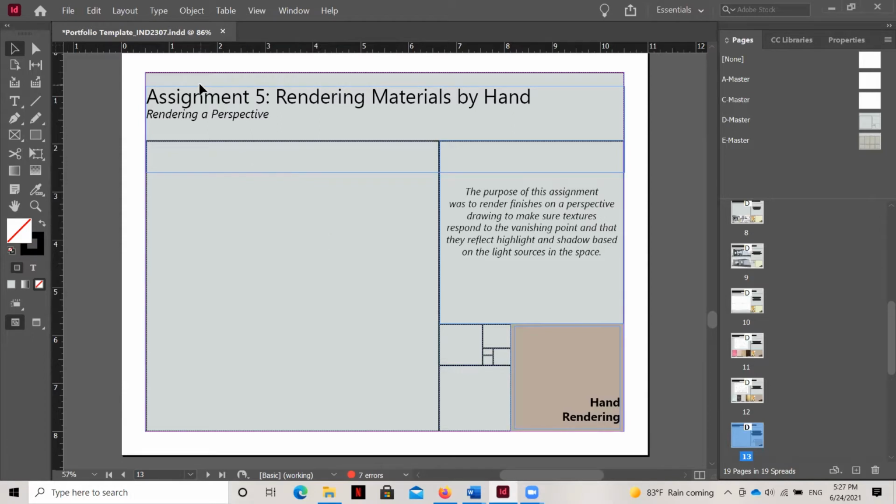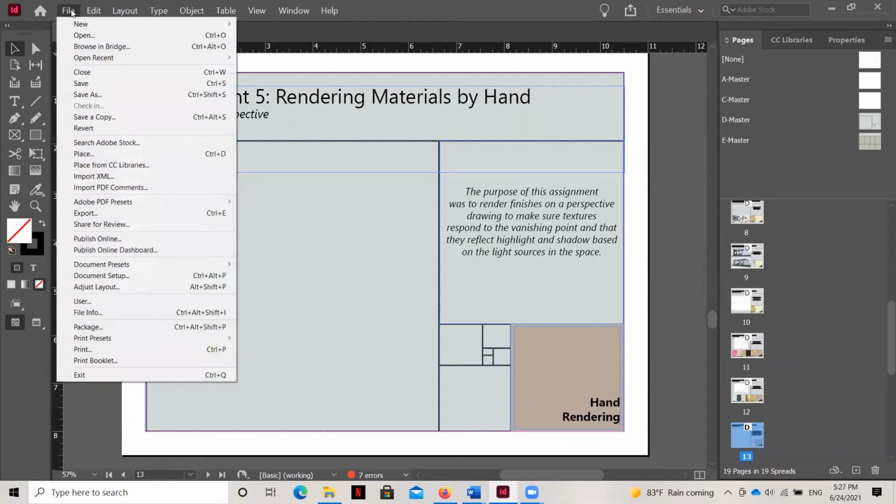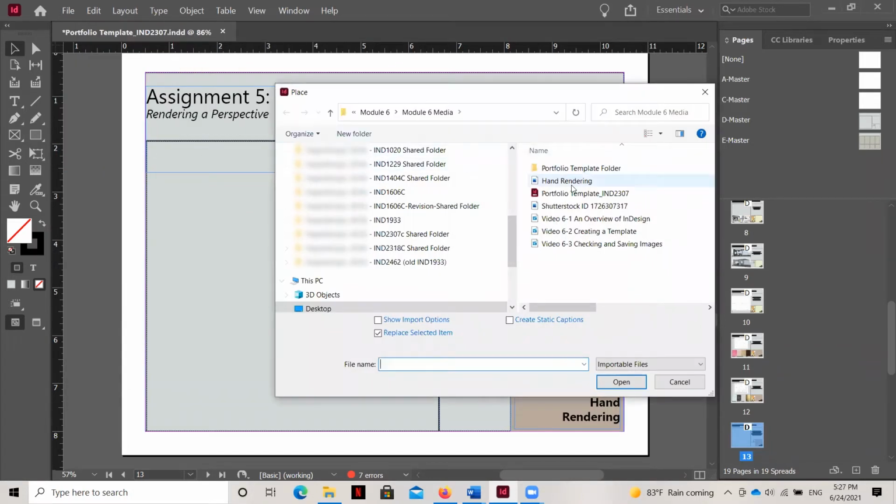So in InDesign, there's a couple of ways you can do it. The first is you can create a box and paste the image into the box, or you can bring the image in and crop it and adjust it. I prefer to do the latter version because it gives me a higher degree of control. But what you're going to do is go to File, and instead of Insert or Import like we're used to, InDesign places images. So let's go ahead and do File, Place, and then I'm going to browse to my image.